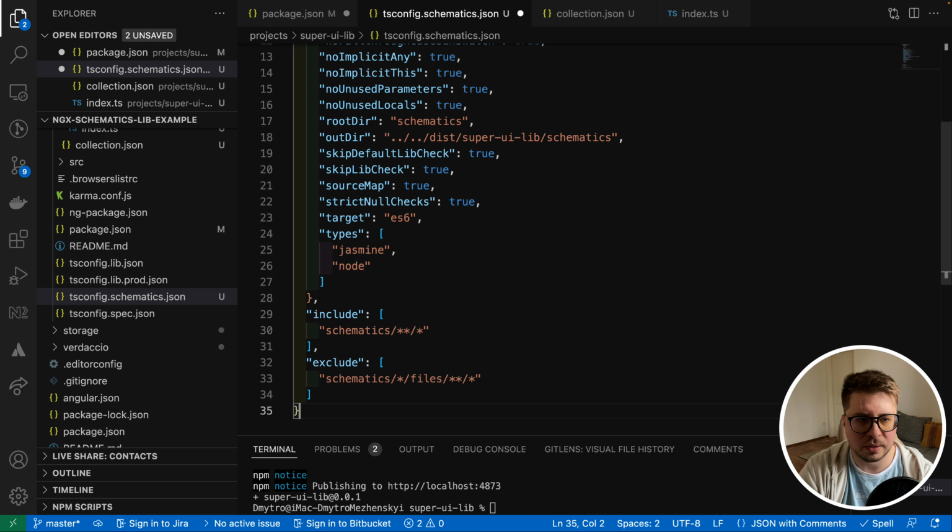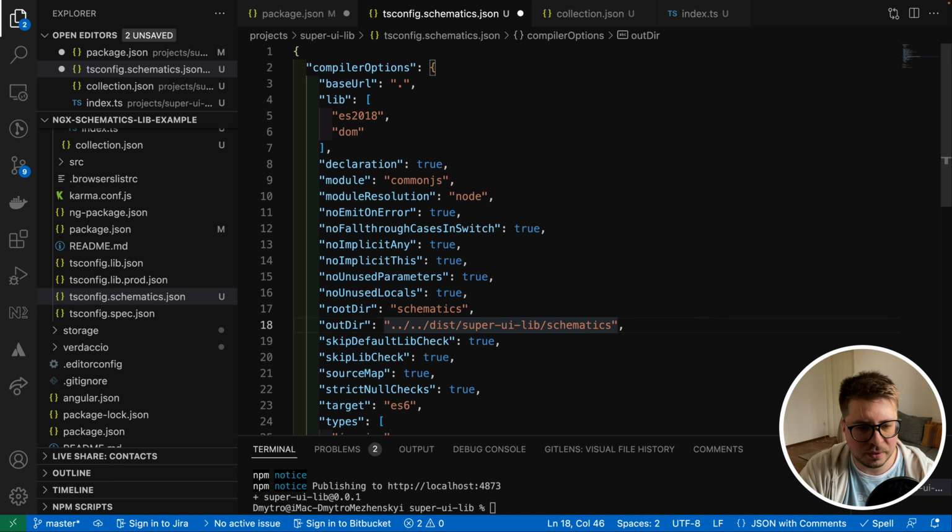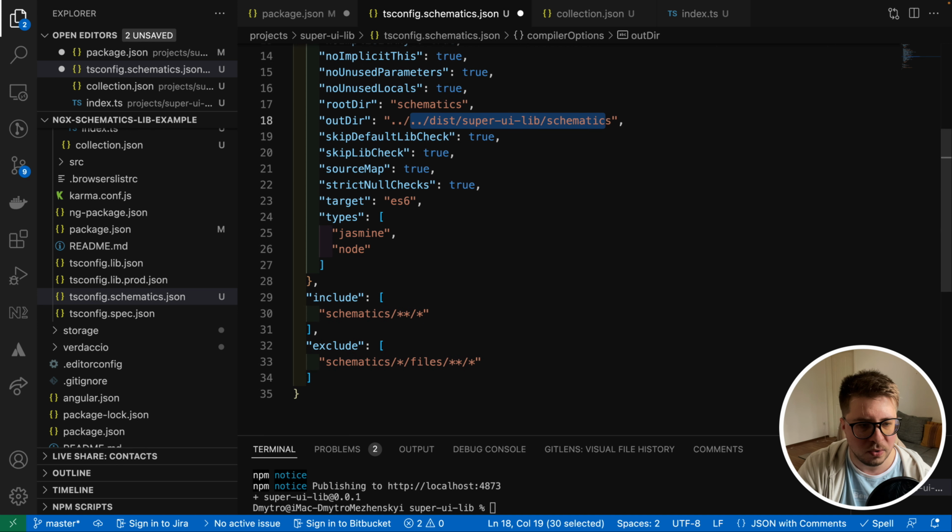I just took it from the official documentation and adjusted just a few parameters. I adjusted our output dir, so I say that the compiled code should be placed under this path. And then also I say that, yeah, include everything from schematics and exclude everything from the schematics files. This is,